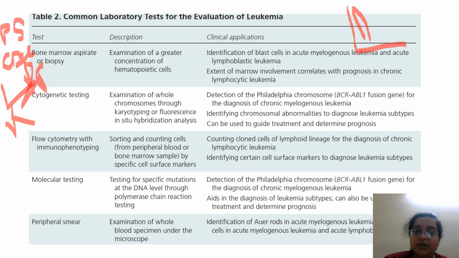By the time you've examined the PS, you know what kind of flow you need to send, what panel you need to send, and then you send that, you send cytogenetics if available, and then you get your results and you start treating. Of course, there is some empirical treatment and some basic treatment like antiviral and antifungal therapy. If the count is too high, then you can give febuxostat, which will decrease the uric acid.